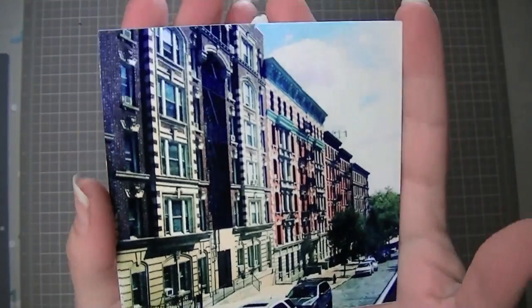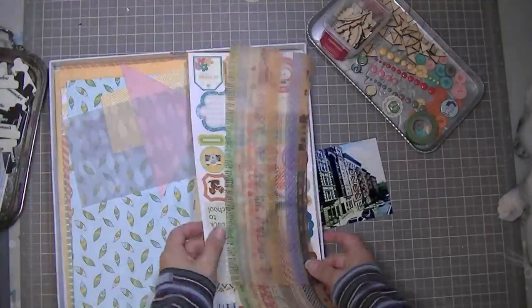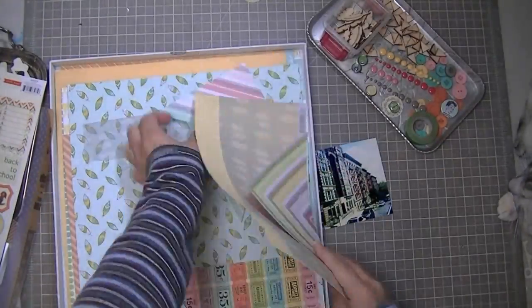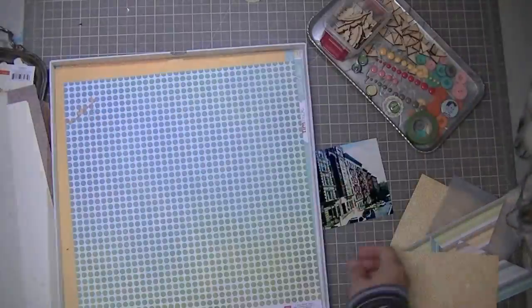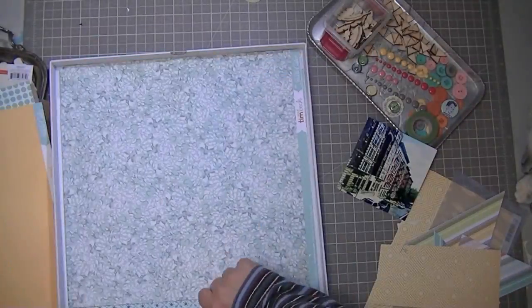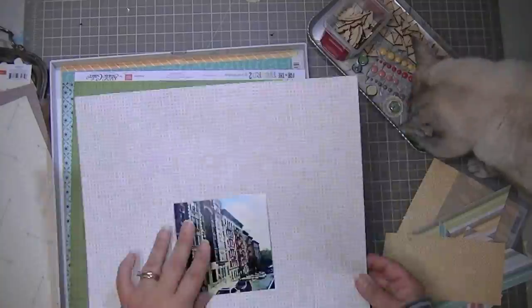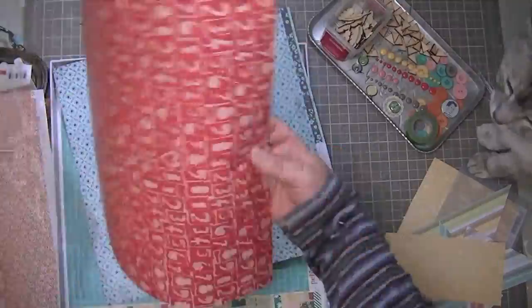Hi guys, this is the second layout that I created with the sock hop kit, and the two add-ons that I have are penny loafers and poodle skirt. So I'm going to be scrapbooking that Instagram photo, which I have printed out at a size of 4 by 4, and I'm just picking out some